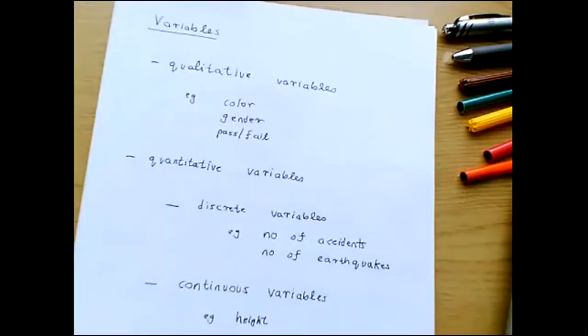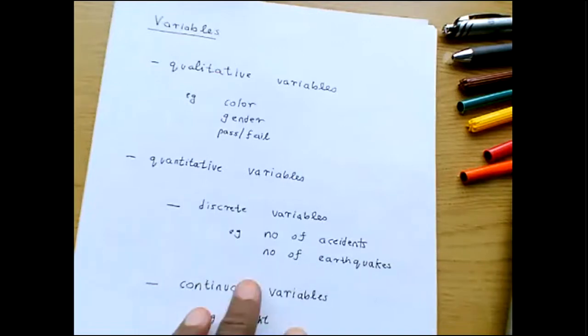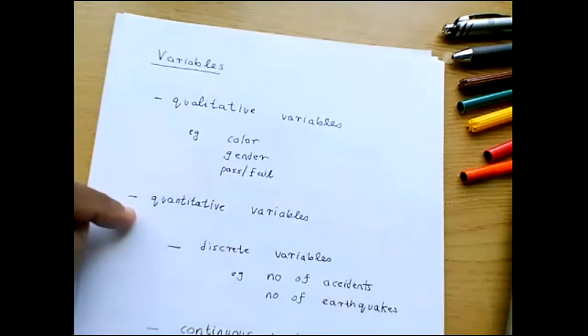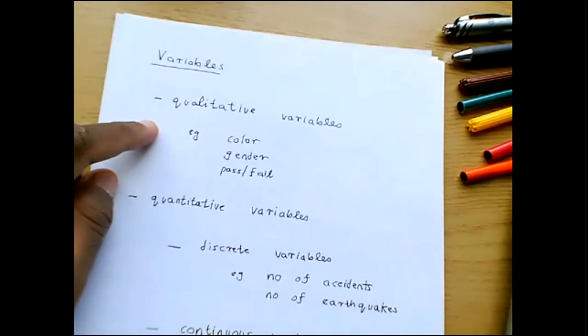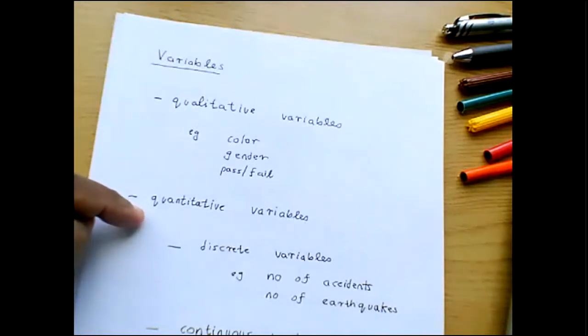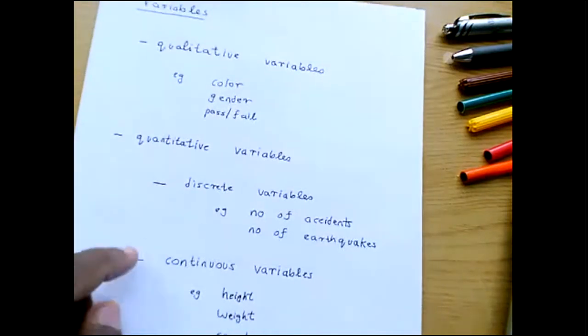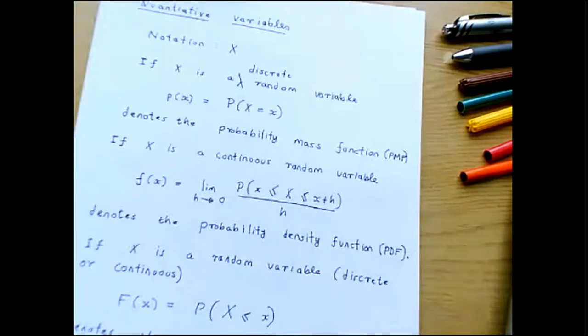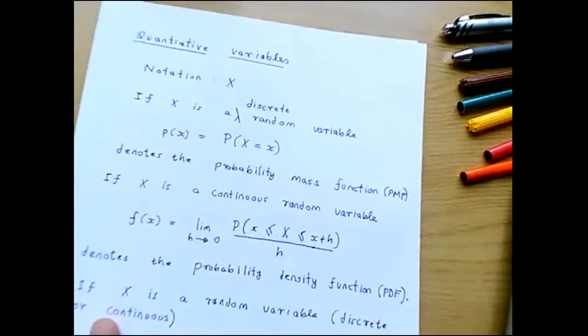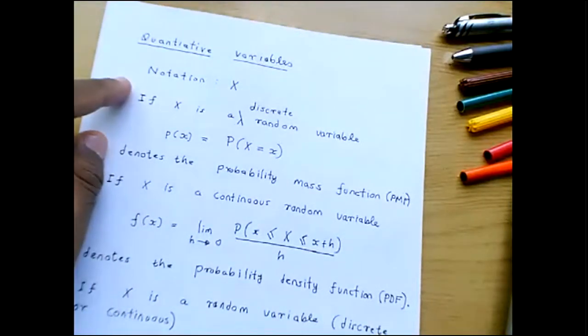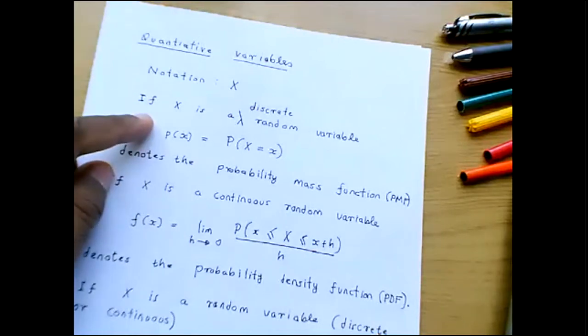And then there are variables. There are basically two types of variables: qualitative variables and quantitative variables. And quantitative variables can take two different forms: discrete or continuous, right? And in this course, mostly we will talk about quantitative variables. And if X is a discrete